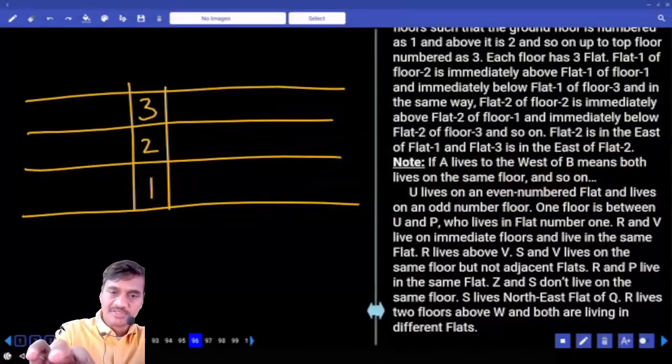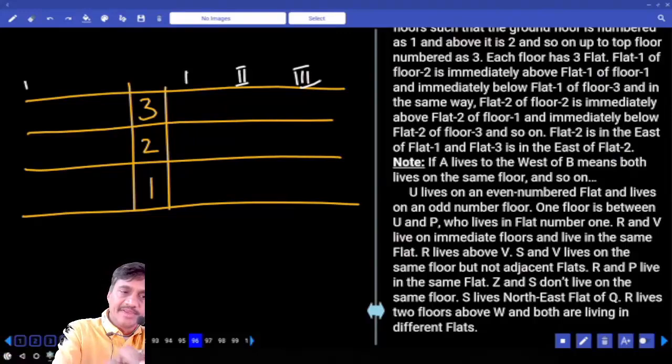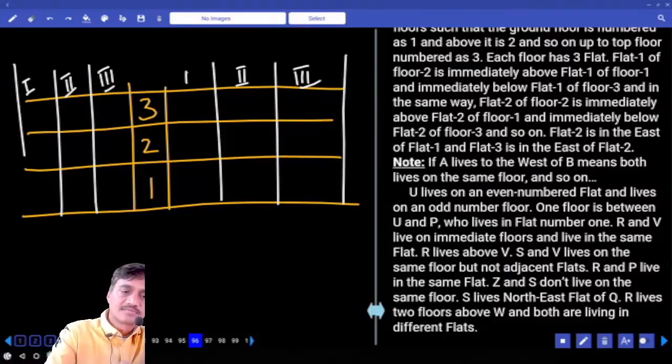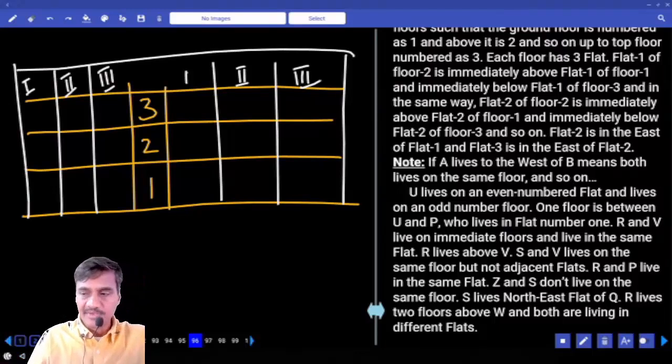Then coming to condition number 1. Now this is flat 1, this is flat 2 and flat 3. And similarly here again, flat 1, flat 2 and flat 3. Hence we have 2 possibilities in this. Then coming to condition number 1,